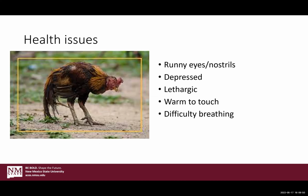So you've done everything you could. You keep your pens clean, you check all the boxes for vaccination, and then you see this. And this is a sick bird. This is a very dramatically sick bird. The first telltale signs you're dealing with a sick animal might be more subtle. She might be laying less eggs, right? Instead of being pretty religious daily egg production, she goes to maybe 2, and then maybe 3, or 3 and then 2, or they aren't as active,